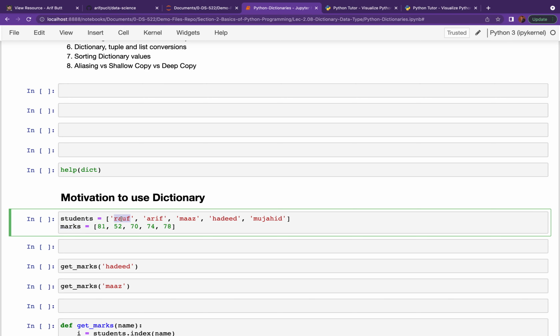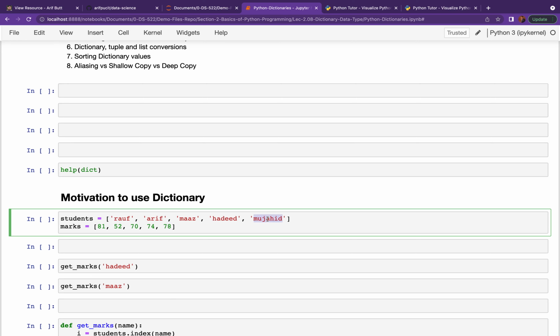At index 0, we have student Rauf. In the student list, at index 0 of marks, we have the marks of Rauf. And similarly, at index 4 in the student list, we have the name Mujahid. And over here, at the corresponding index, we have the marks of this student Mujahid.